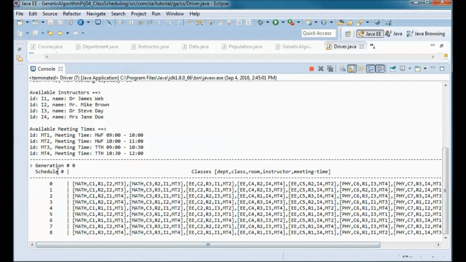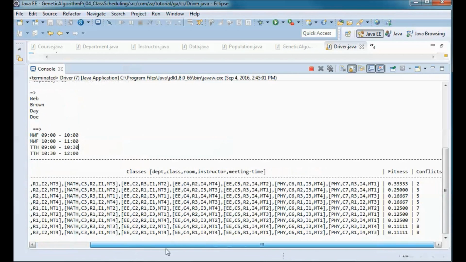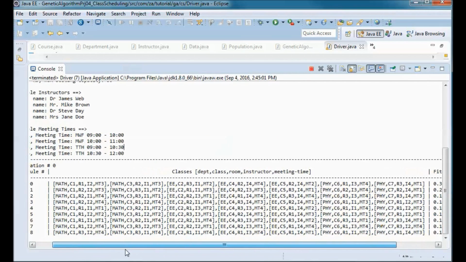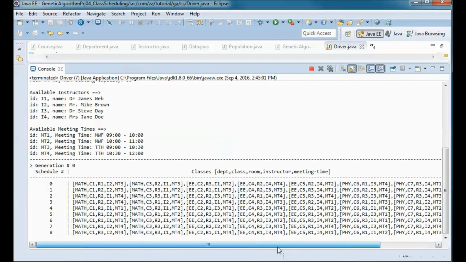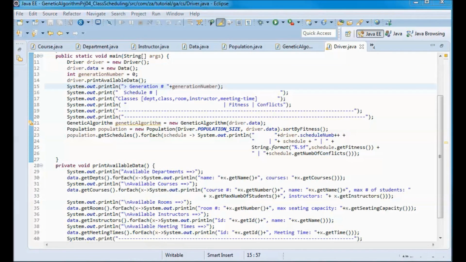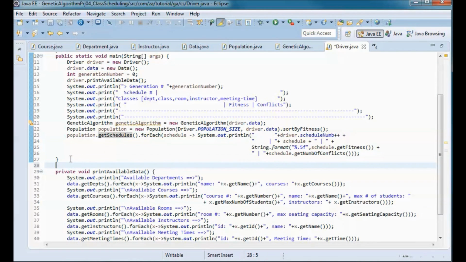So here we go, we have generation 0 of those schedules with the fitness and the count number of conflicts for each schedule. And I want to be able to print the fittest schedule in this population as a table.